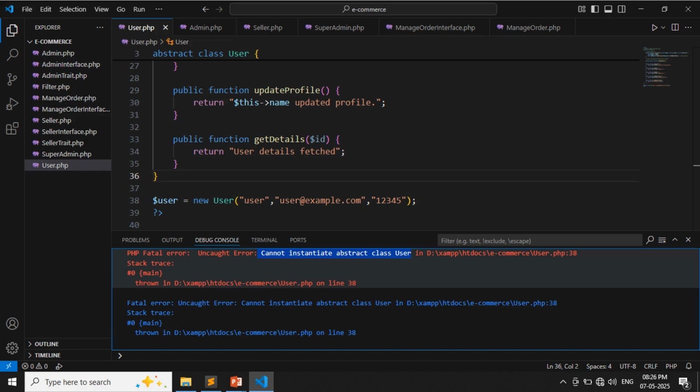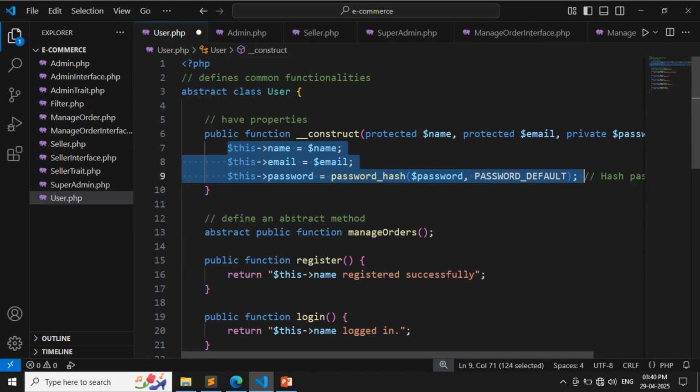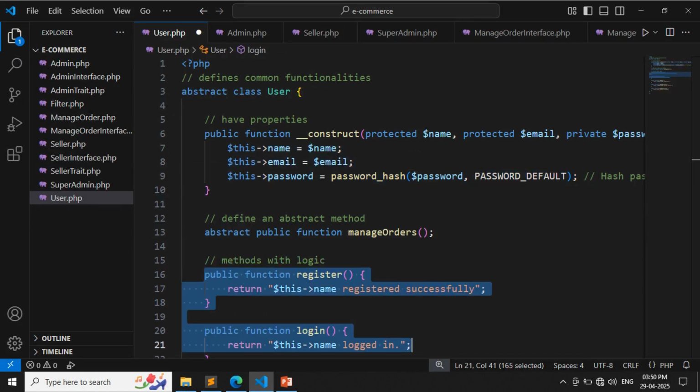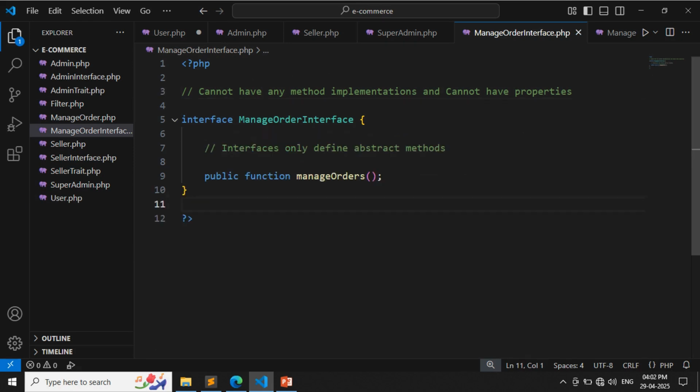Abstract classes are only meant to be extended and cannot be instantiated. Also note, abstract classes can have properties and methods with logic, while interfaces cannot. Interfaces only define abstract methods and cannot contain any implementation or properties except constants.